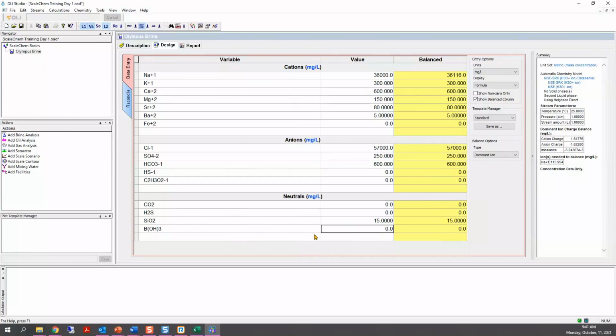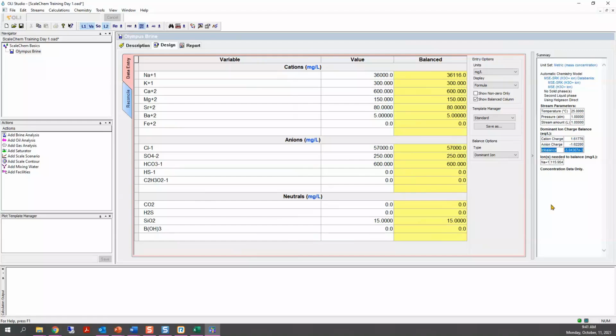Okay, now I want to talk about what the software is doing here at the user interface. We haven't calculated anything, but as we were entering the data, notice to your right in the summary table that the software was calculating your cation charge. It was calculating the anion charge, and it calculated an imbalance.